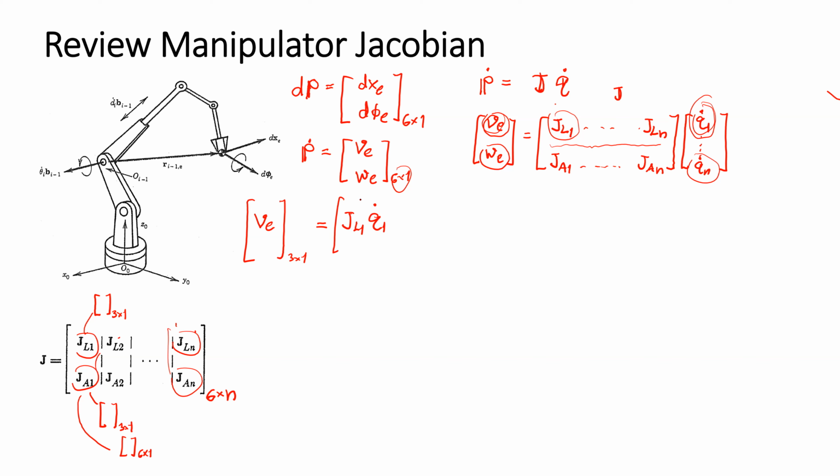And we know that the Jacobian that relates the linear speed to the joint velocity is a 3×1 vector. And we're going to have n Jacobians with n joints, and